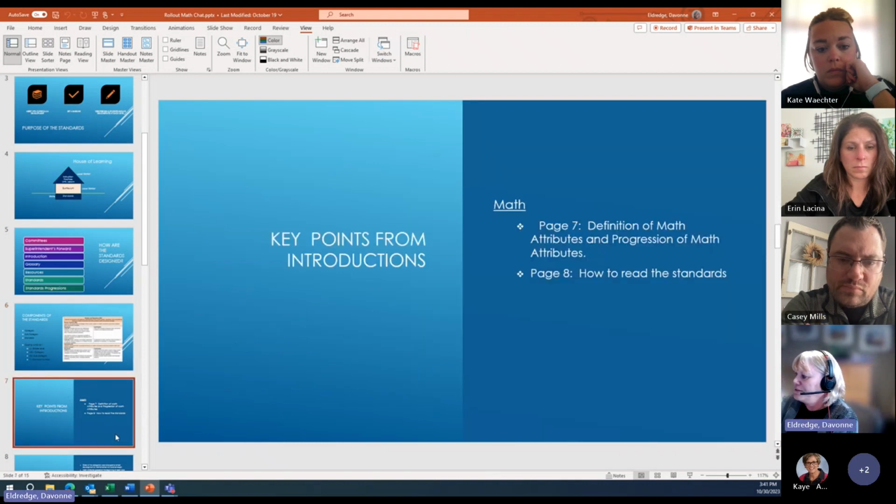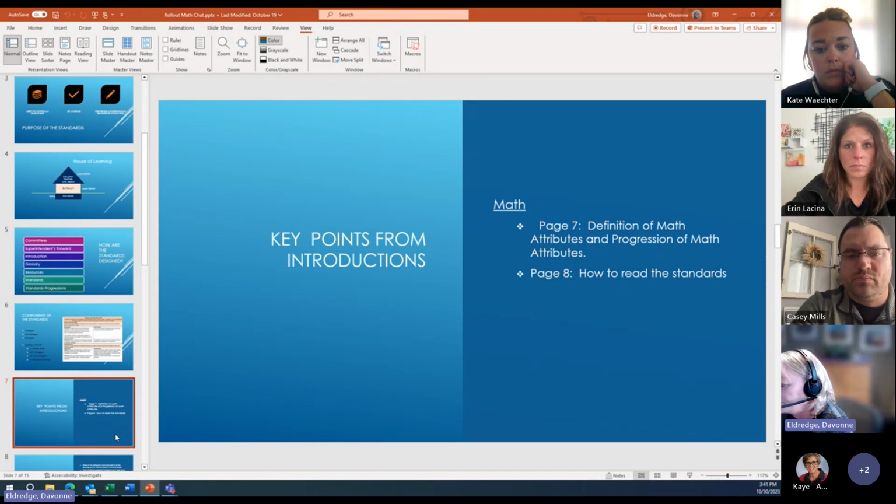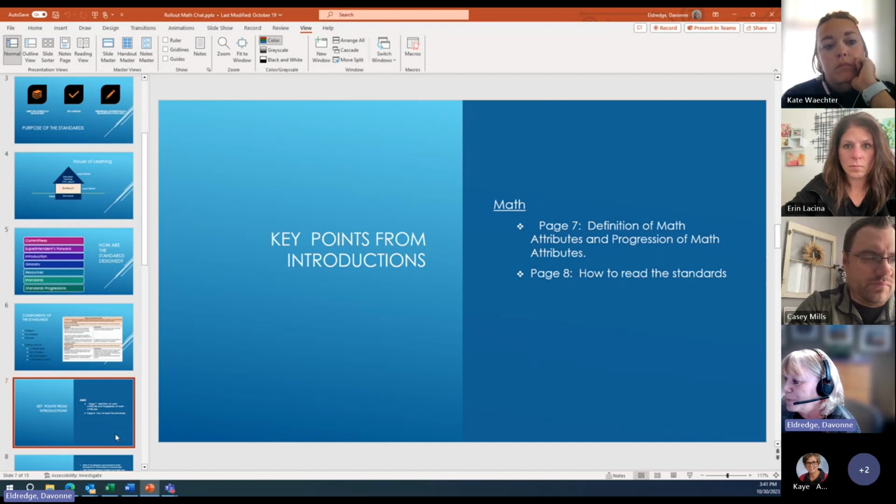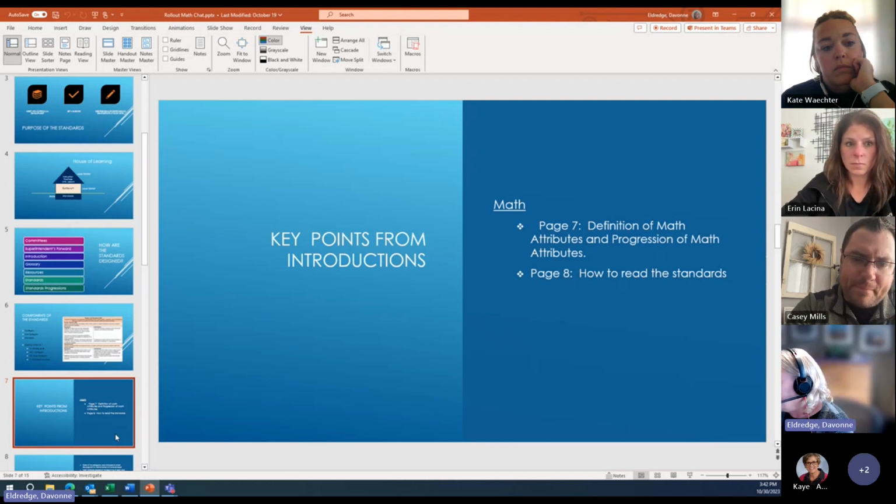In your introduction, if you look at page 7, it has the definition of the math attributes. The math attributes are a summary of the former math practices and are based upon the learning continuum, which was written in the state several years ago. And so we are linking 2 different documents. We are linking that learning continuum with our math standards to help us develop some of those connections, which help solidify some of the instruction that we're providing in our districts.